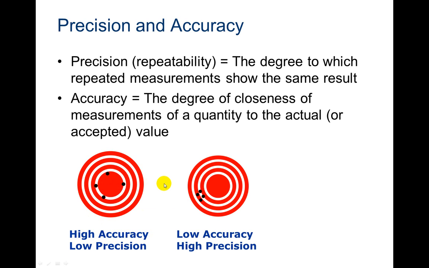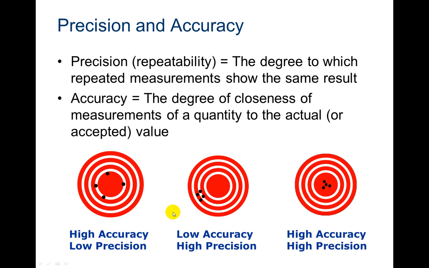We have low accuracy because it's not right there in the target. We have high precision because we keep getting the same value over and over and over. In this case, usually we might see that you calibrated an instrument incorrectly. You need to go back and calibrate it. Maybe there's a certain thing in the procedure that you're doing wrong every single time. It's something that is going wrong and it's occurring every time, and that's why you have a high precision. You're getting that same thing, that same measurement or quantity, but it's not the actual accepted standard, so you know